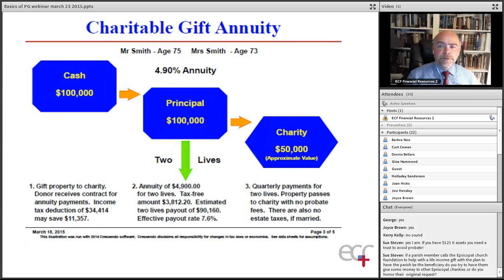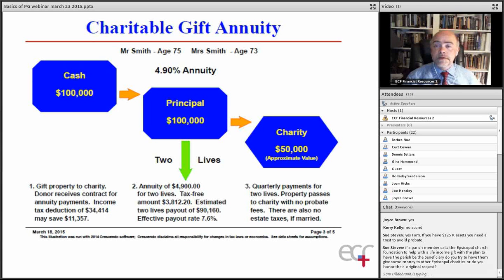Now, you can do two people, as I mentioned, with a charitable gift annuity. As you can see, though, when you have two life expectancies, all of the various rates are lower, including the tax deduction and the amount that's paid out. However, because of the nature of the algebra with the ACGA rate, it still leaves approximately 50% when both individuals have passed away. So either way, it's still created to leave 50%,